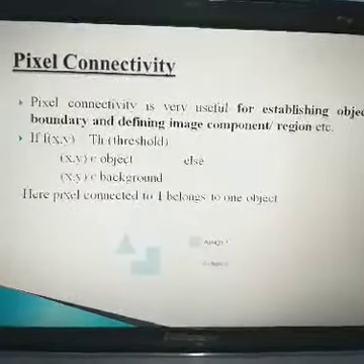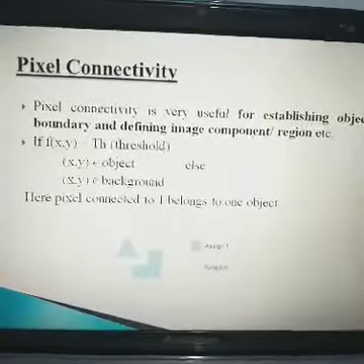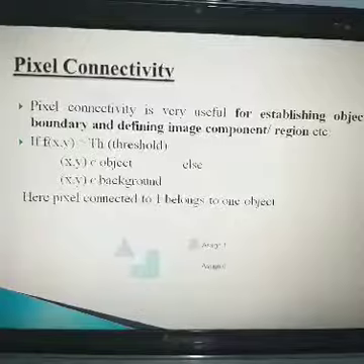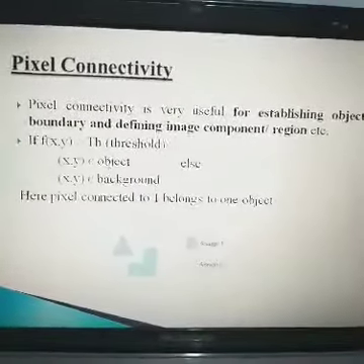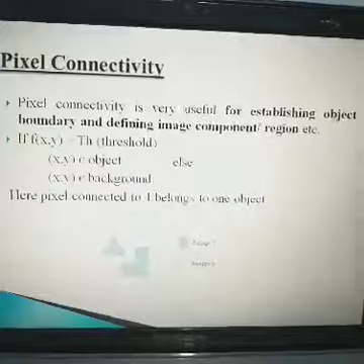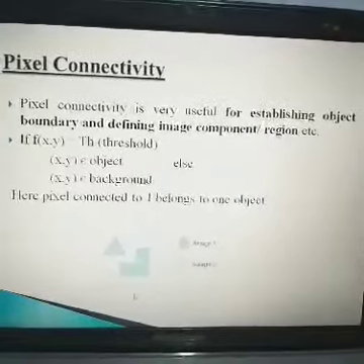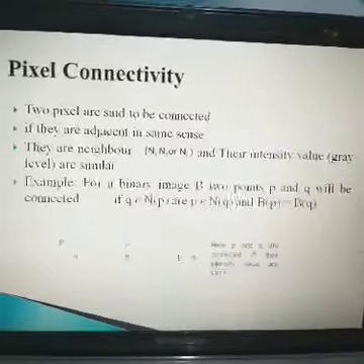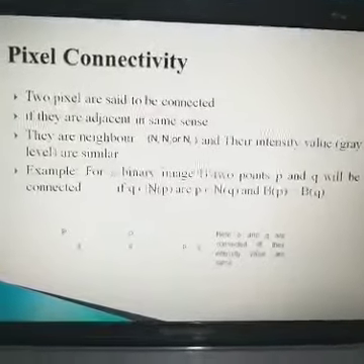So if the background is white, that is represented by the background color, which has the assigned value 0. If we color within the object, the color we have used here, for example, this blue color, this is the object, which has the assigned value 1, bit value 1. So this represents the pixel connectivity.